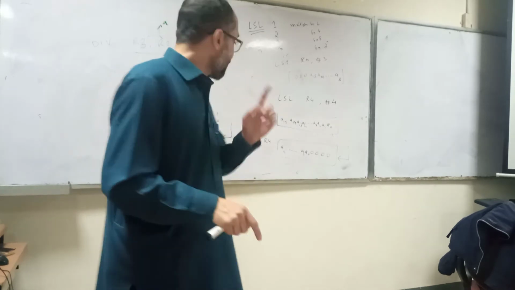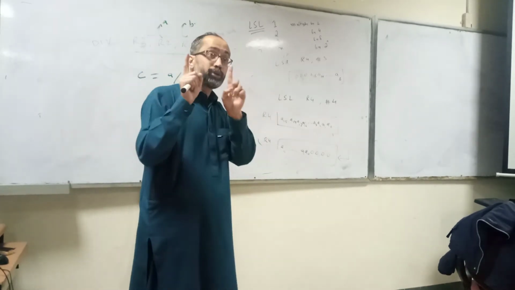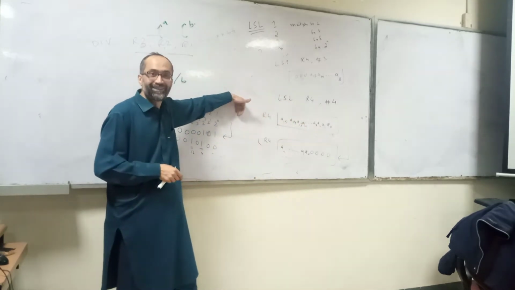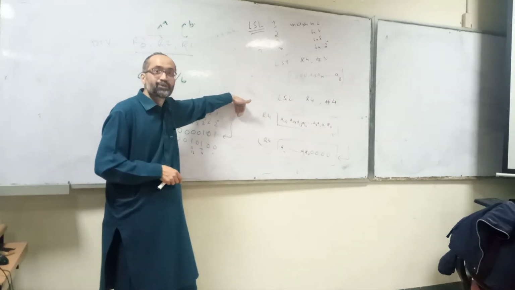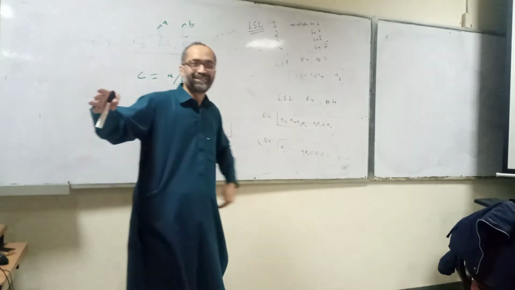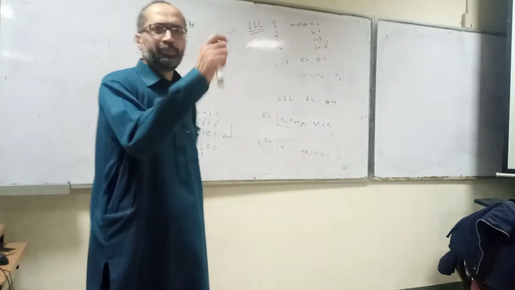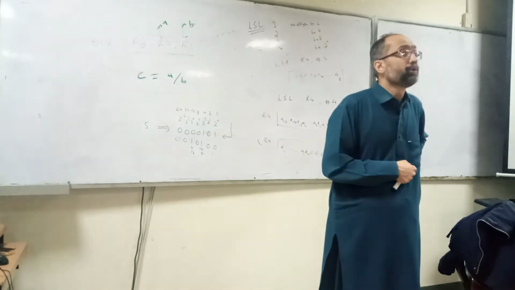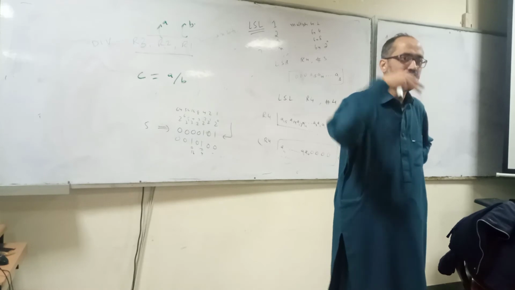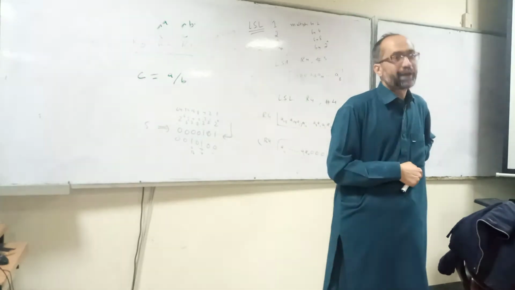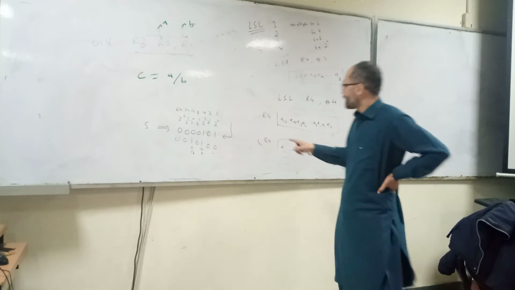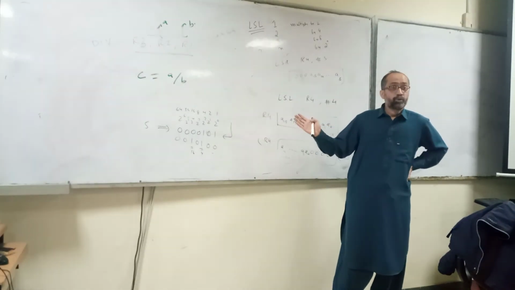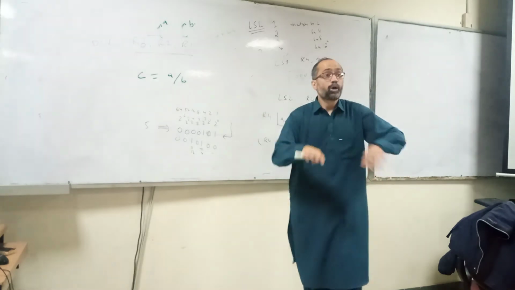But in this case, special care should be taken. You should take special care that if you are removing the most significant part, it will be lost. Let's assume you want to have multiplication by 2 to the power n. You would never like to lose data in the most significant bits. So you can use some other instructions to avoid overflowing the data.